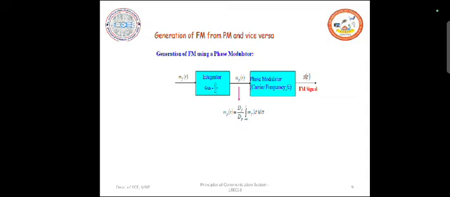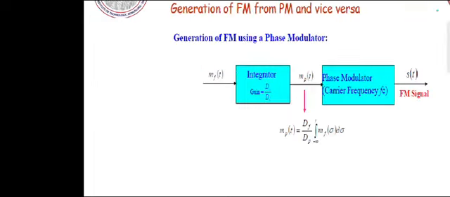So you have m of t, you integrate it, and then you will have integral m of t, and then you basically use a phase modulator. So this integral m of t would come and sit at the phase part, which is theta of t. So if you can go back and observe,